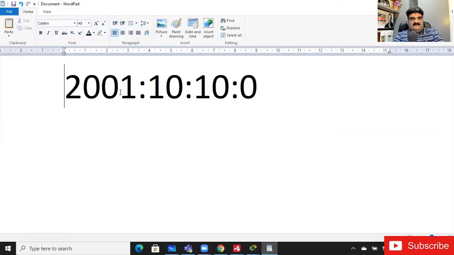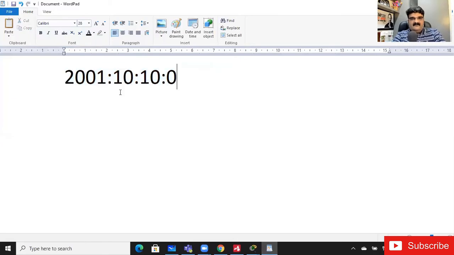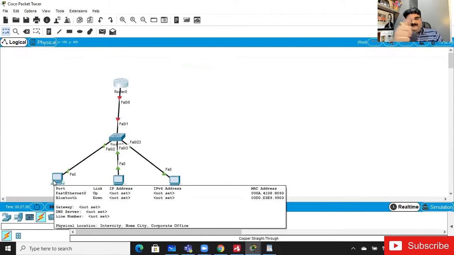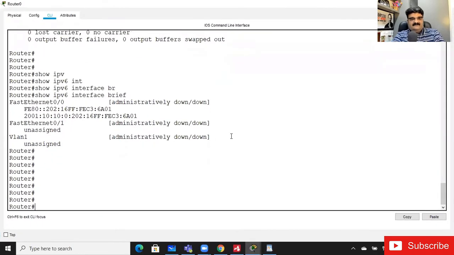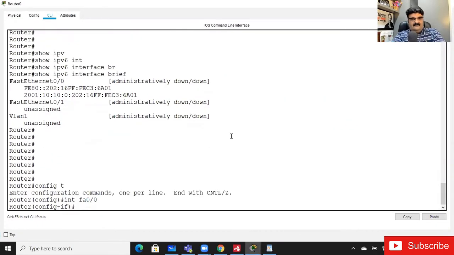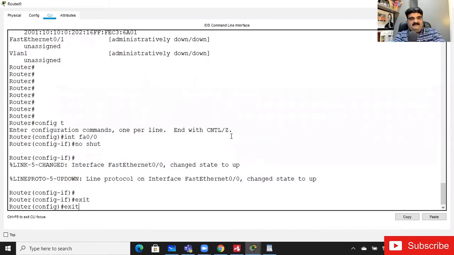So my PC will get this 64-bit from the router itself. But for that I have to give the command no shut. Yeah, no shut. So now the interface is up.